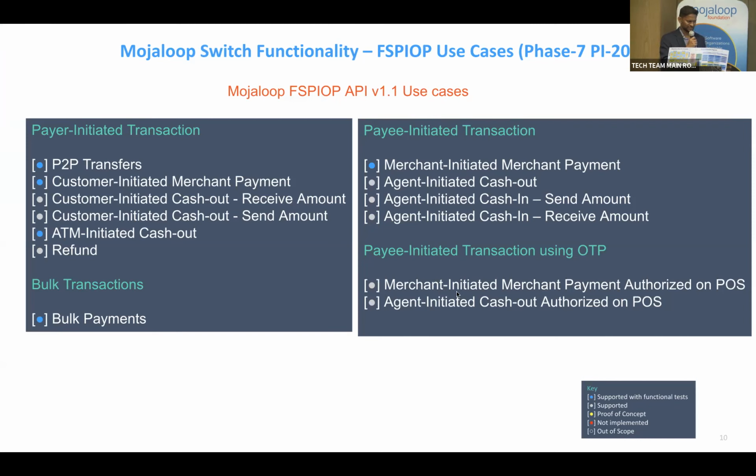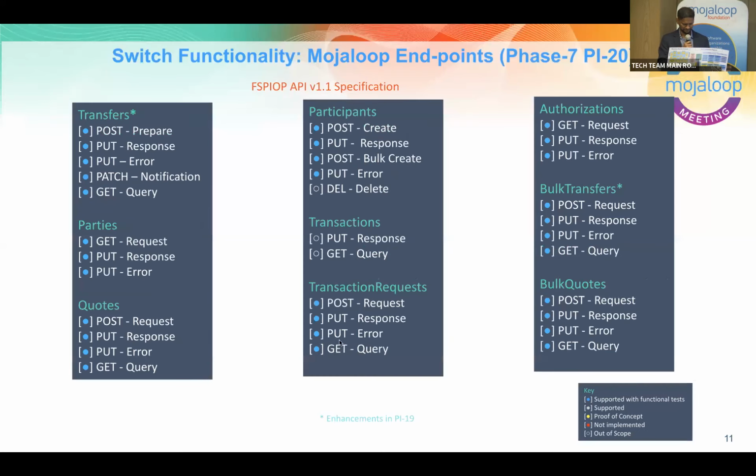Most of the use cases are supported now, but it's just that we don't have testing for those because they need equipment and support on the DFSP side. For example, if we talk about agent-initiated cash-in, we need something to simulate that side of things. Or if we talk about a point-of-sale device, the FSPs need to use that, but the support is there, the rails are there.